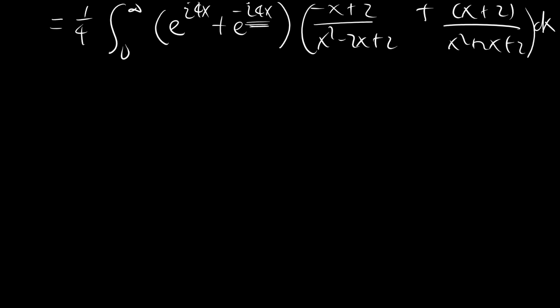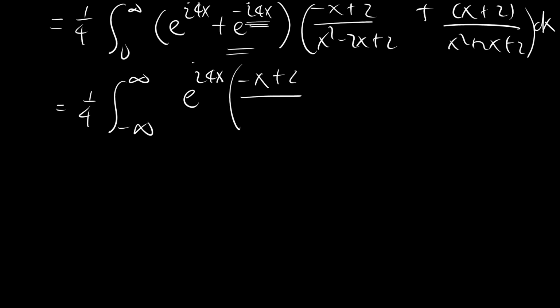If we factor the negative parts and then look at the positive x parts, this essentially leads us to just an integral from x equals negative infinity to infinity of e to the 4x, negative x plus 2 over x